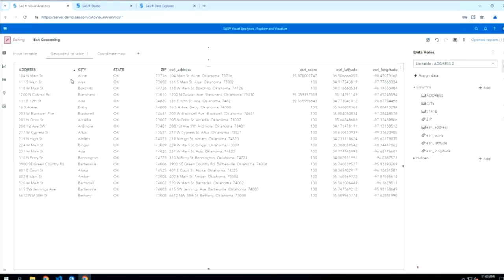And we can see that there's one slight difference between the input address and the matched Esri address. It looks like the input address was 104 North Main Street, and the Esri matched address didn't include that North prefix. It was just 104 Main Street. But like I said, general rule, it's a good idea to spot check these, but this all looks